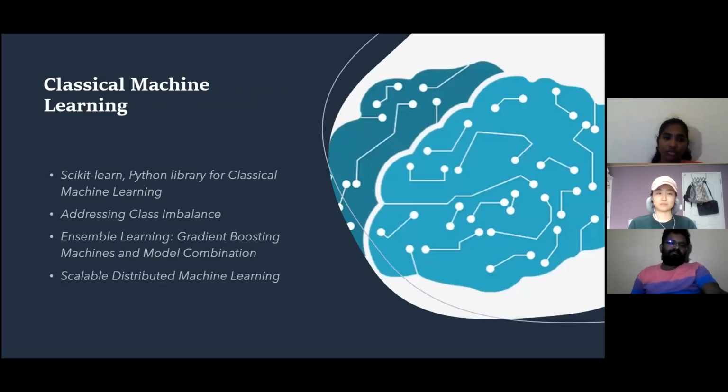So in classical machine learning, we have the scikit-learn Python library for classical methods, addressing class imbalance, boosting and model combination, and scalable distributed machine learning. And while we are using deep learning, which has grown in popularity in recent years,